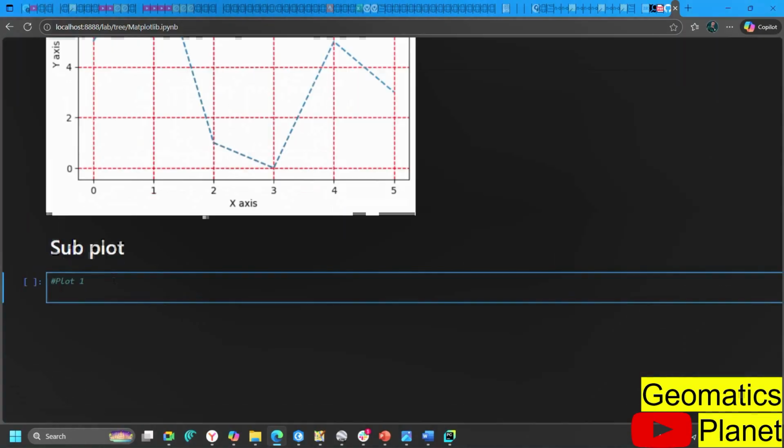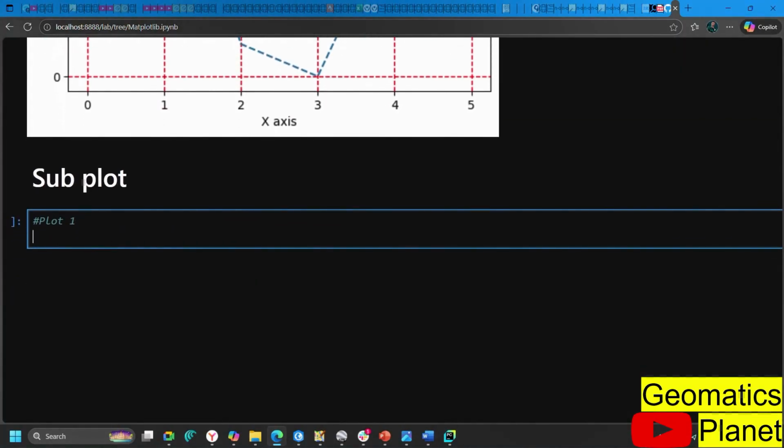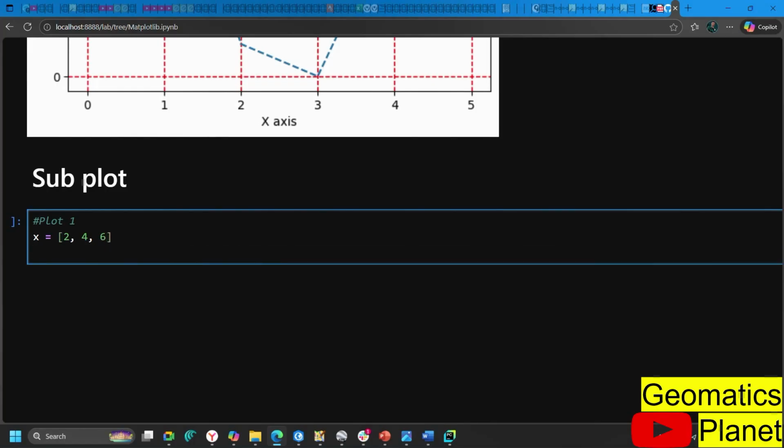I'm going to define x is equal to, and in this plot 1, let me define it with whatever I want. So I'm going to put 1, 4, 6. This is the first x, and then the y I'm going to define is also going to be